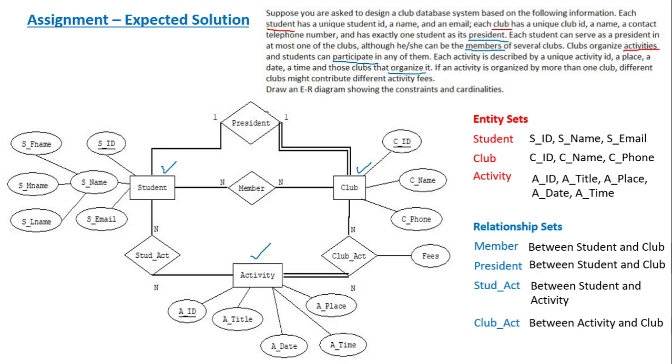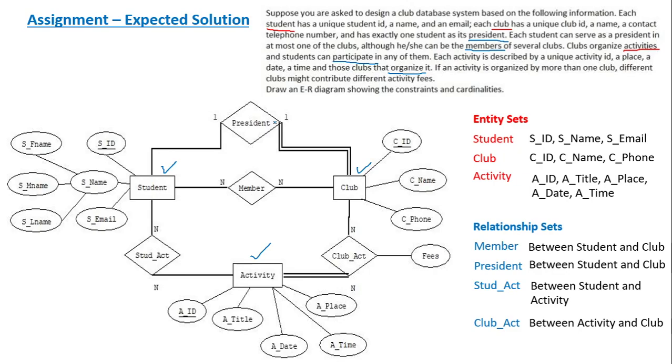Okay, now if we look at this president, club must have a president. Okay, so club is participating totally in this relationship president. Okay, and this is one to one. Club is having only one student who can work as the president, and student can work as president for at most one club.